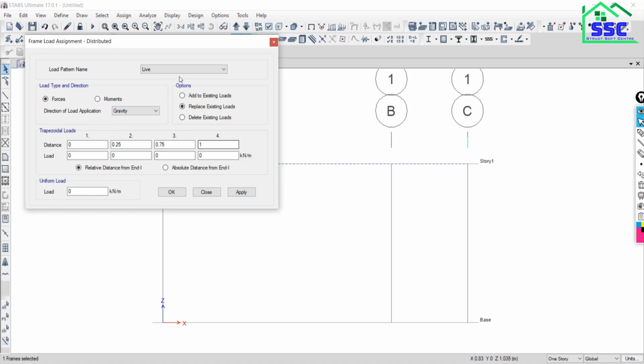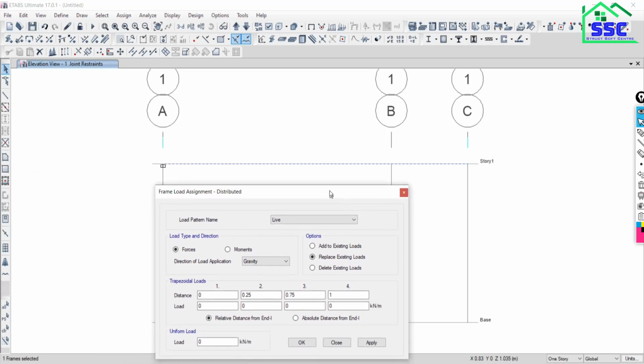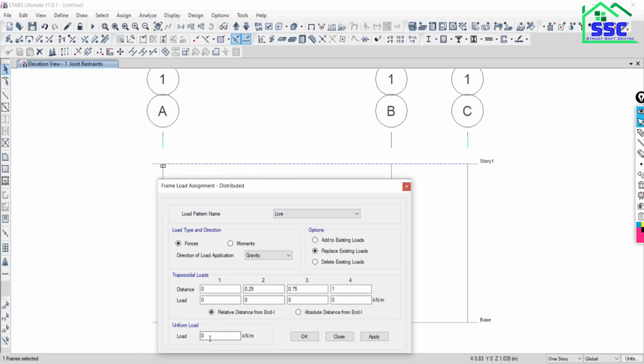Over the total span of the beam, we have to apply the live load of intensity 1.5 kilonewton per running meter length, that is, 1.5 kilonewton.